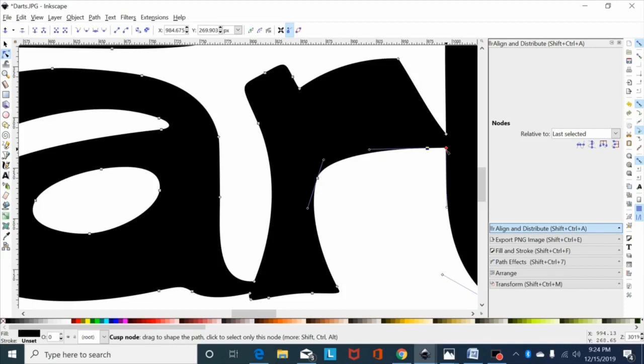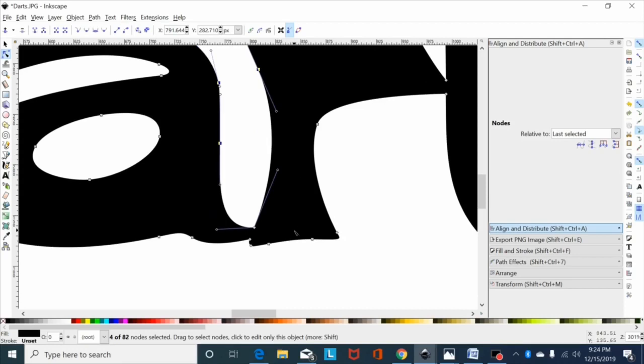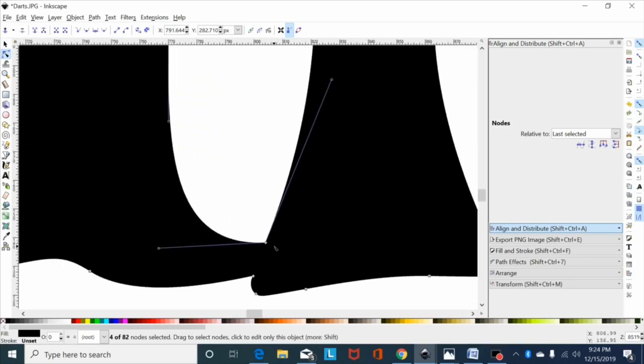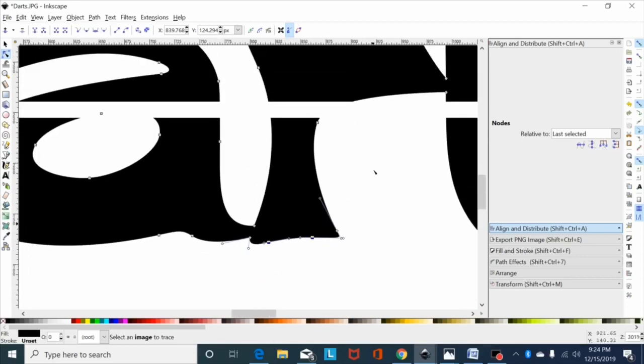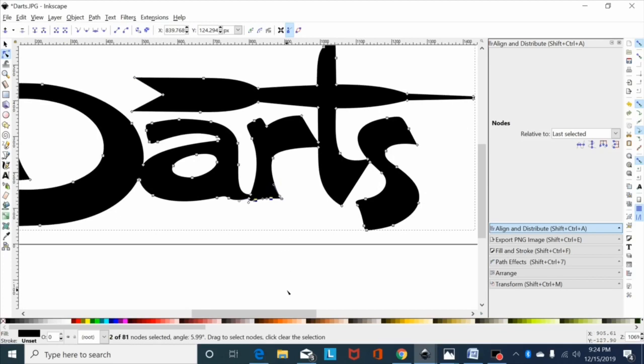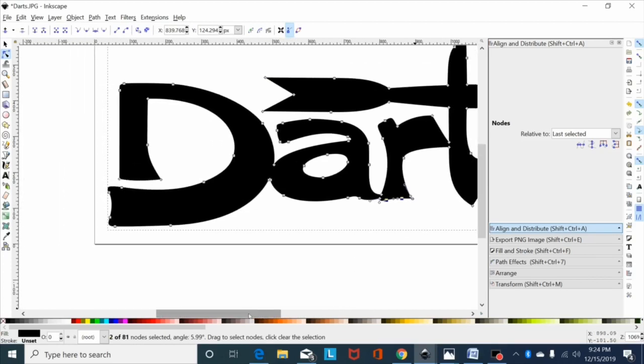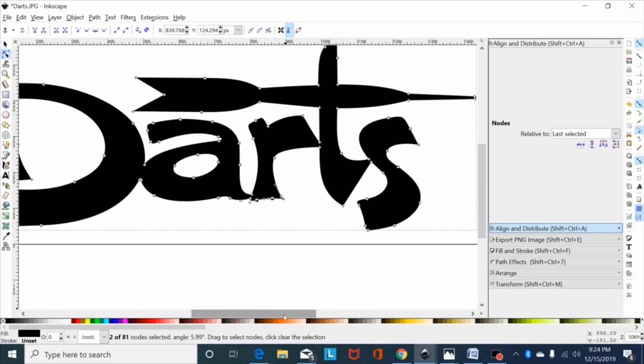I'm just basically working around, repeating the same thing, but this is how you do it. If you want a nice clean cut file, you just slowly work your way around, cleaning nodes up, reducing them, and you'll get it down to a minimal amount of nodes, nice clean cuts. Especially if it's a file you plan on cutting multiple times, it's well worth the extra time to clean it up